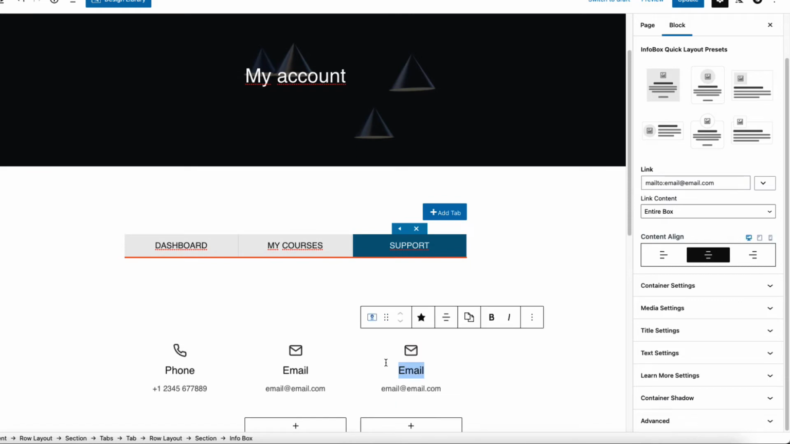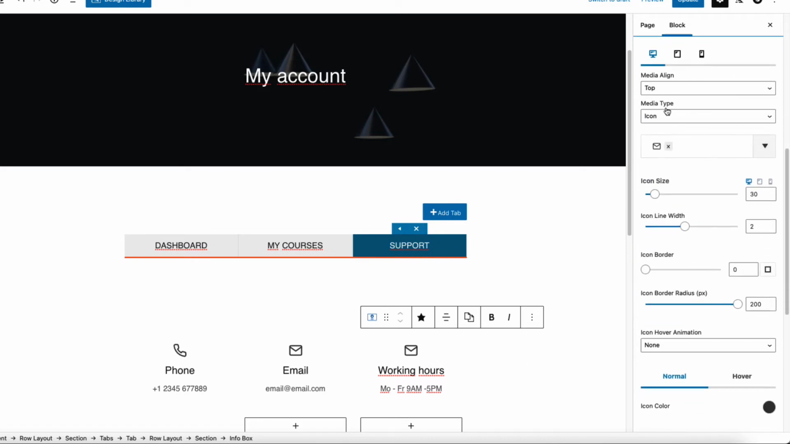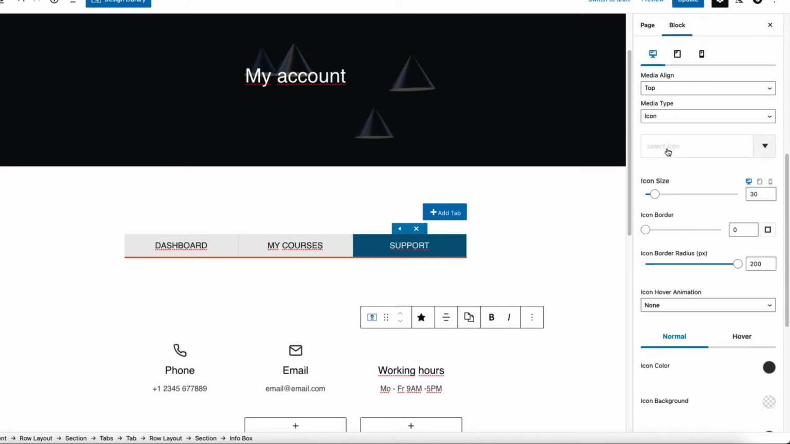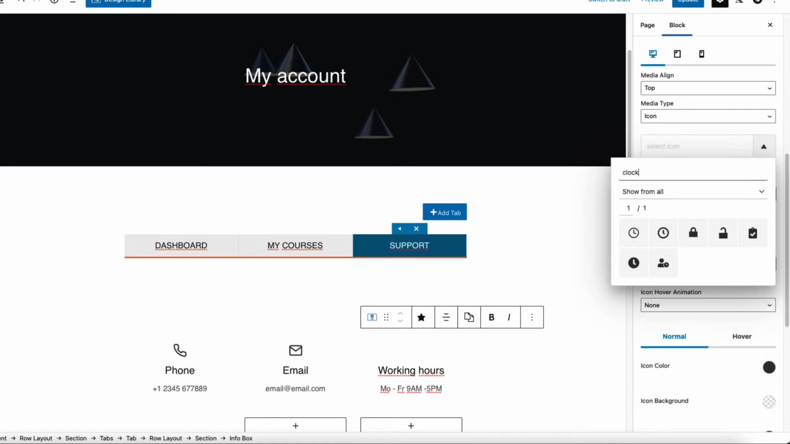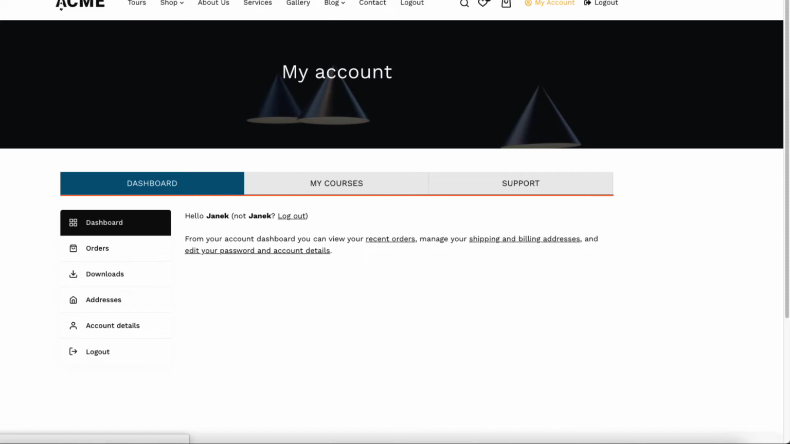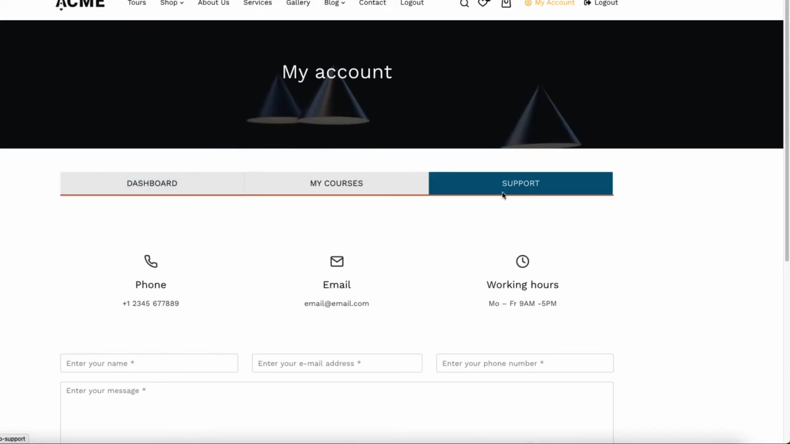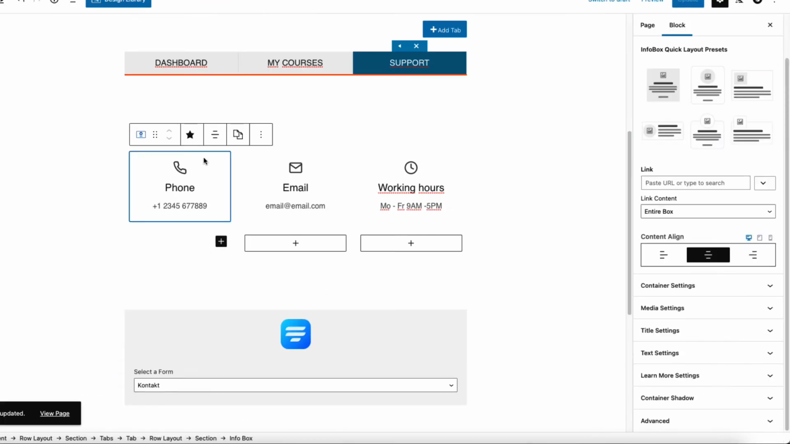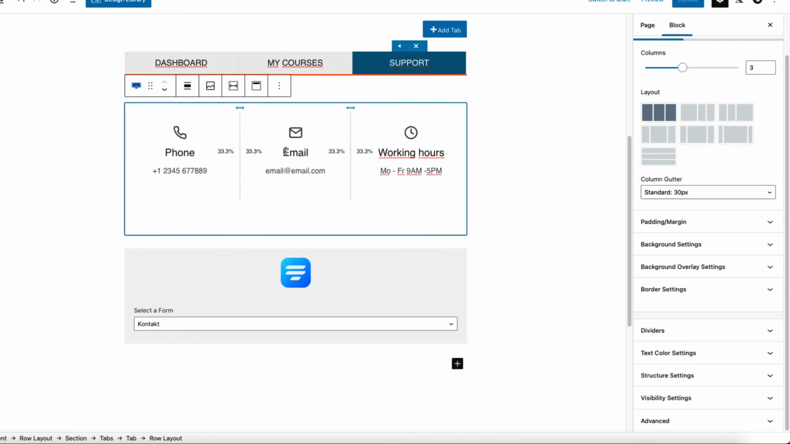This time it's gonna be working hours, Monday to Friday, 9 a.m. to 5 p.m. And once again, I'm gonna change the media settings. It's gonna be a clock icon here. Update and let's see what happened. Support, there it is. I would like to have the box shadow over there, but before I do that, I'm